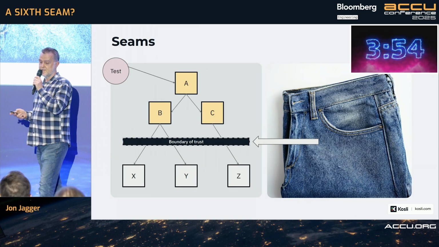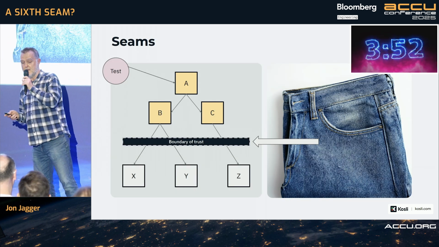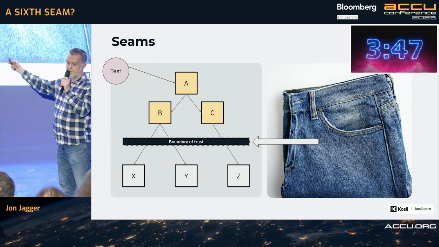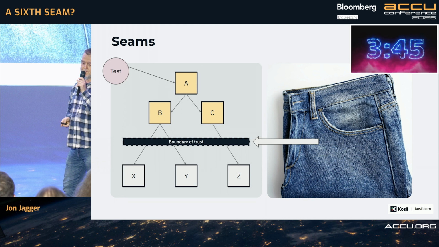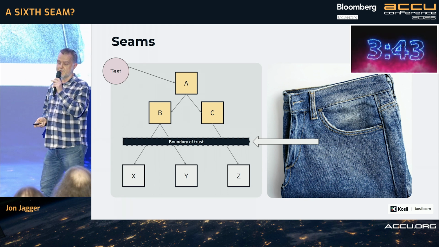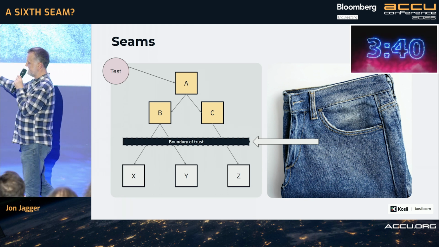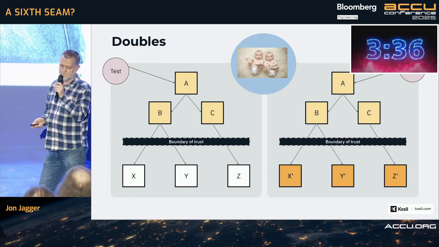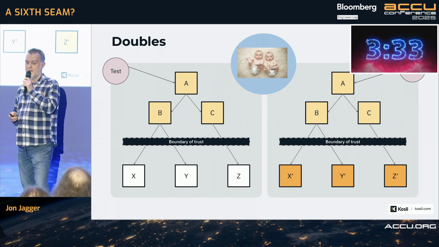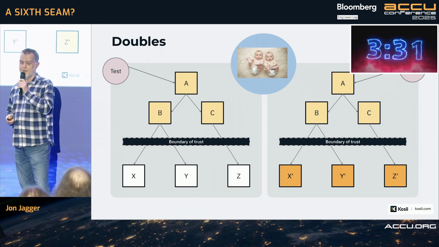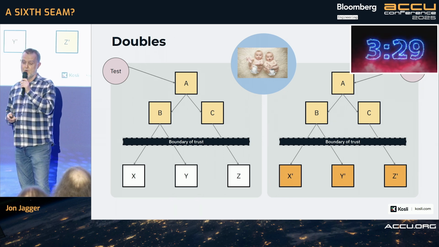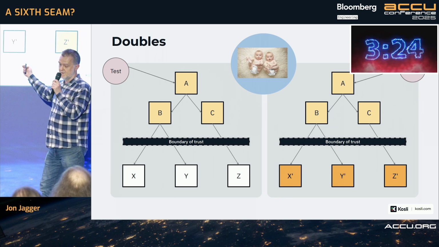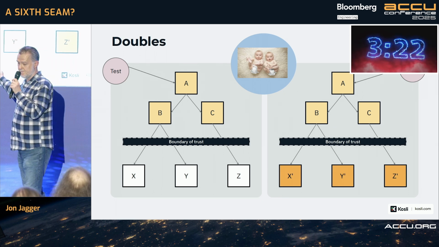If you don't know what a seam is, it's a term introduced by Michael Feathers in his tremendous book, Working Effectively with Legacy Code. Test calling A, B, and C there, your code for some definition of your. There's crossing of what he calls a boundary of trust into X, Y, and Z in this case, which essentially means they are pieces of code that take longer to change. And there's a syntax and terminology for the various types of replacements that you get for replacing X, Y, and Z, which I've just described here as X bar, Y bar, and Z bar.